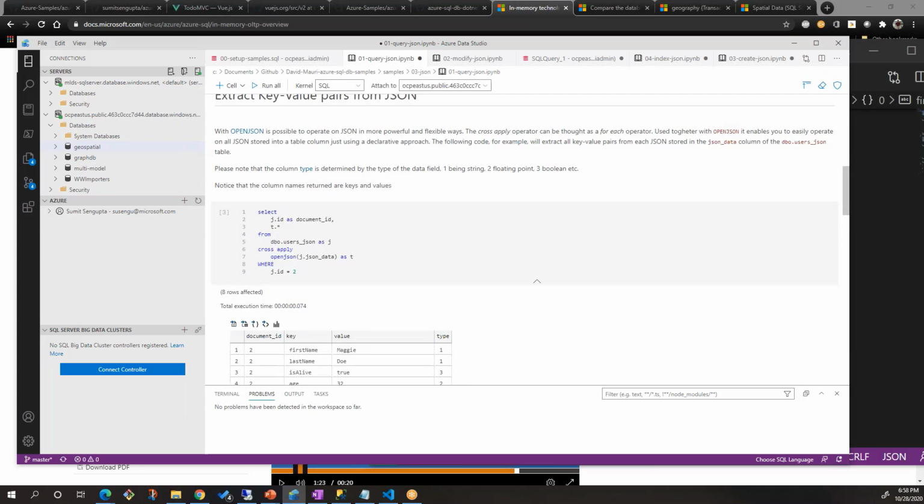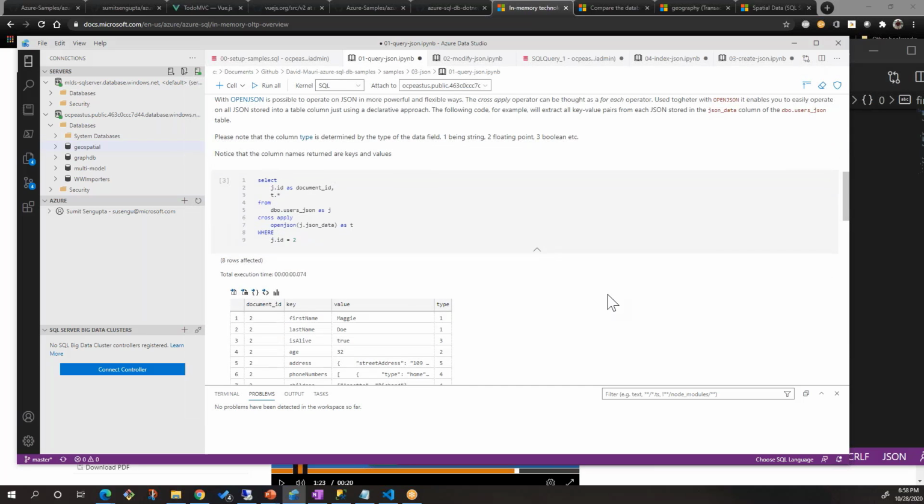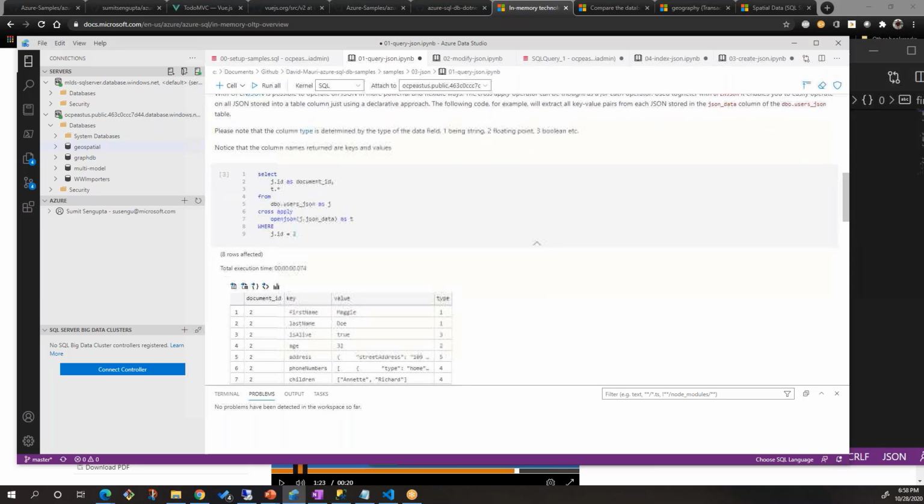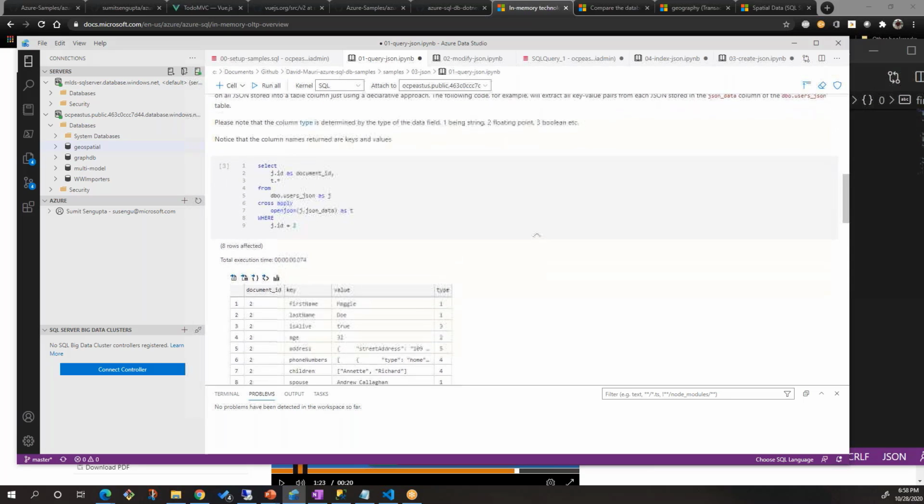As you can see in this example, we're taking one horizontal document and spitting it out as different rows in a table. So we're saying select j.id as document ID, t.* from DB users JSON, that's our JSON table. CROSS APPLY is a self join with the same data: OPENJSON(j.json) as t, where ID equals 2.